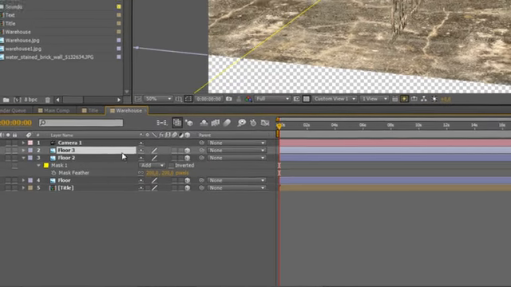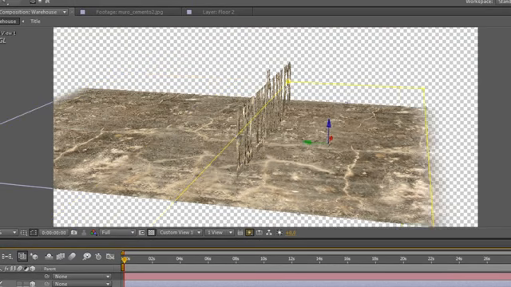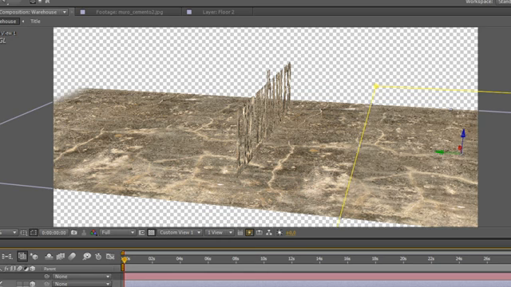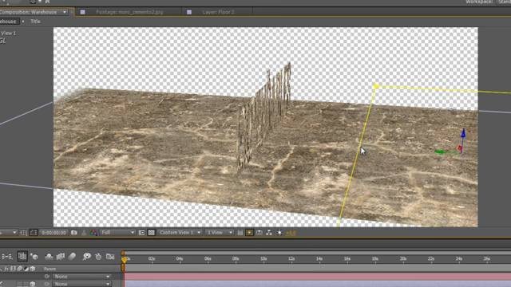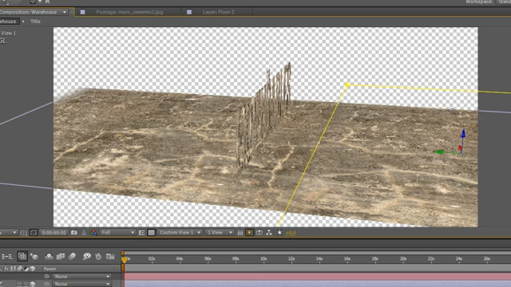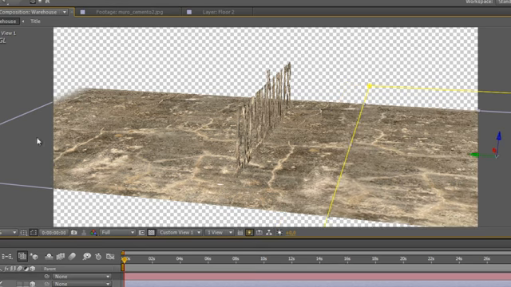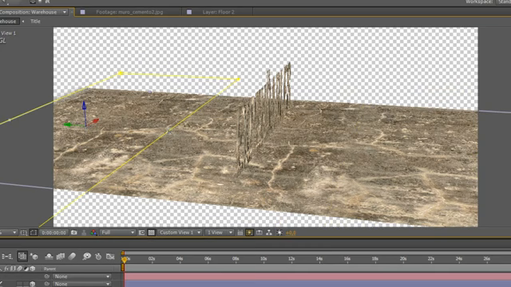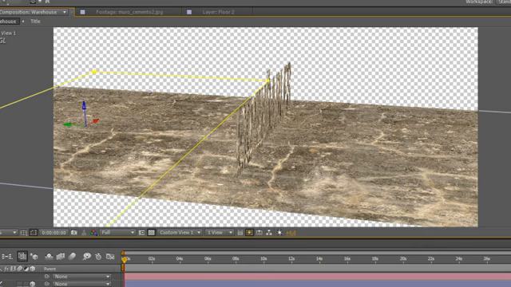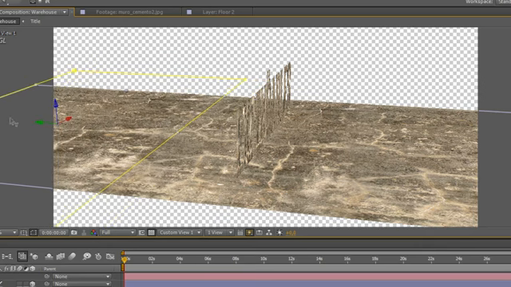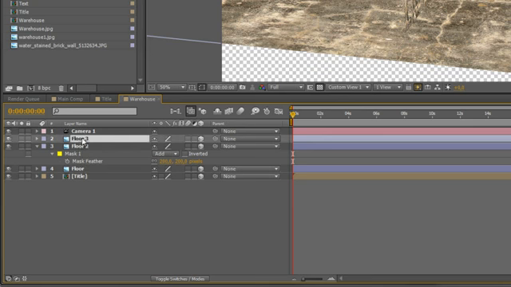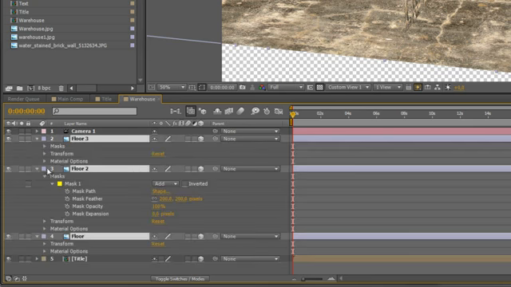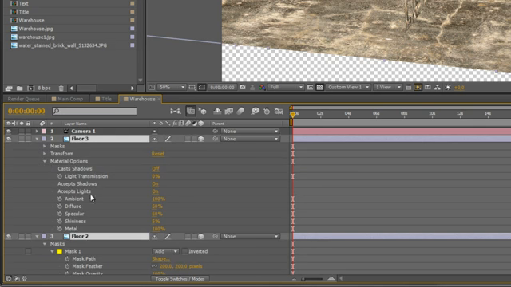Duplicate a third time and move it here. We can stretch the front floor and also the back floor. Okay. Now go inside the material options, be sure that accept shadows are on,